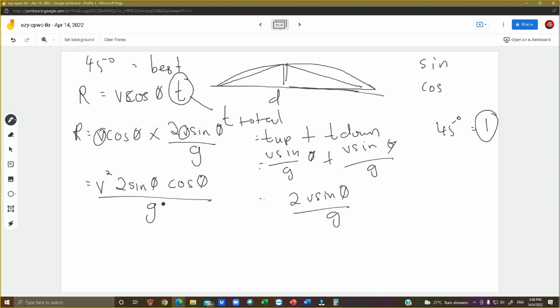2 sin theta cos theta ni kan, kita ambil bahagian ni dulu. Kita mudahkan. 2 sin theta cos theta ni sama dengan sin 2 theta. Okay, ni matematik dulu-dulu je. 2 sin theta cos theta is equals to sin 2 theta. Kalau kamu kira, kamu akan dapat benda yang sama. Dia permainan dia sebenarnya kat sini je. Dia akan dapat sin 2 theta. Okay, based on this one, sin 2 theta sama dengan 2 sin theta cos theta.